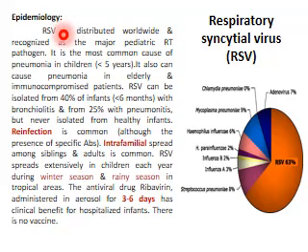As you know, these seasons are associated with changes in environmental temperature, which may act as cofactors or risk factors for infection. The antiviral ribavirin administered in aerosol for 3 to 6 days has clinical benefit for hospitalized infants. There is no vaccine for